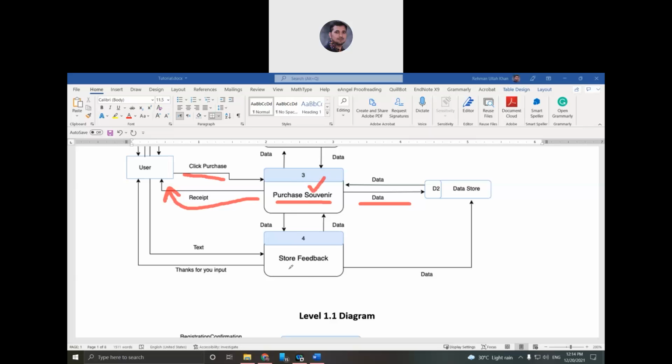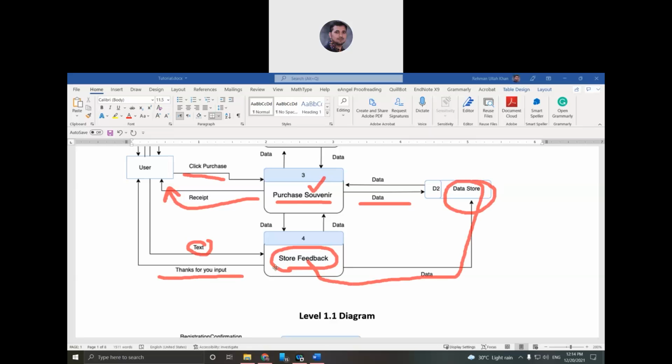Okay, and the last one is feedback. The user types a text in the process, and then clicks post or save, and then the user input will be saved in some table permanently, and after that the user will get some thank you message.